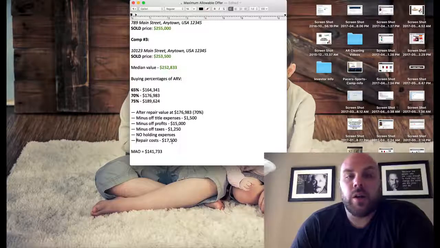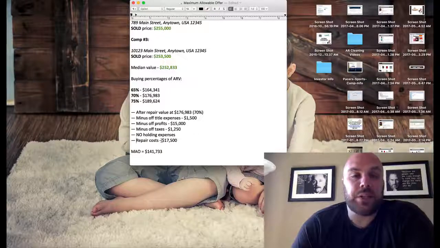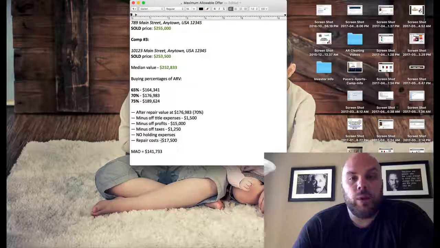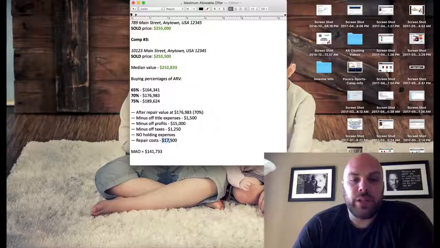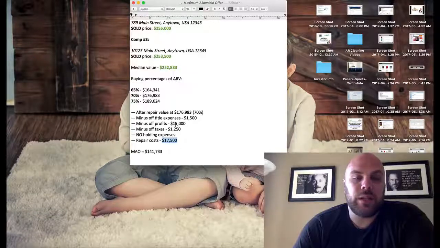Have them go out there and give them $50, $100 and put together just like a really simple form of what they think it's going to cost to get the property back up. And it's good to just get this number in there so that you already know what it's going to take so you could sell it to your end